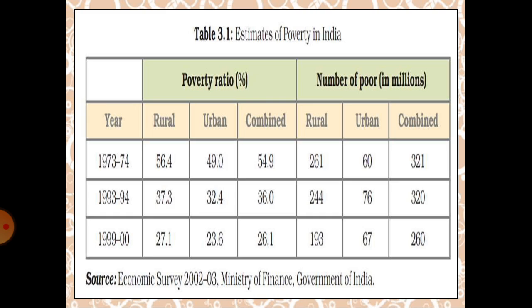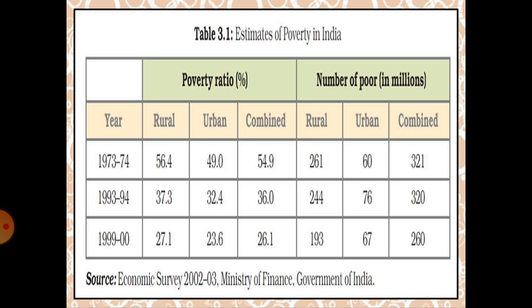We also saw the estimate of poverty in India, which is also known as the Tendulkar method of calculation. It differs in different books. If you have an old book, only the ratios or percentages will be given. If it is a new book, you will have the number of rural people, the rural poverty ratio, as well as the number of poor people. Okay, so we have seen that poverty in the rural area has been decreasing. Similarly, the urban area is also decreasing, but the number of poor is continuously increasing in the urban areas alone. Okay, so this is one more thing.